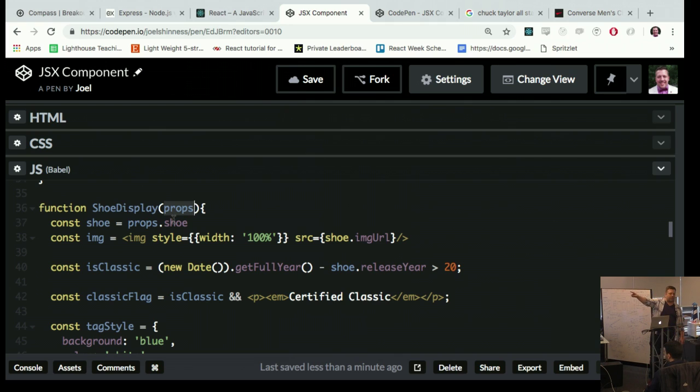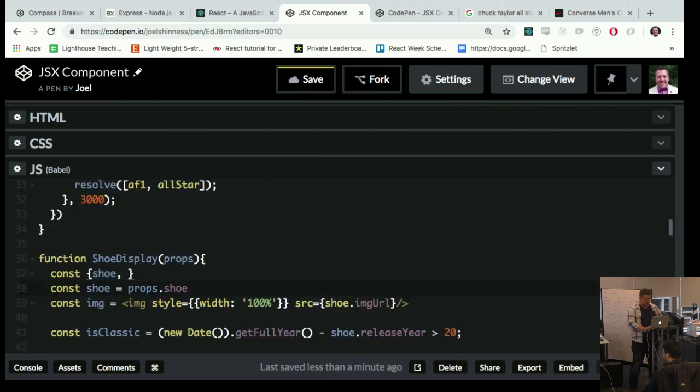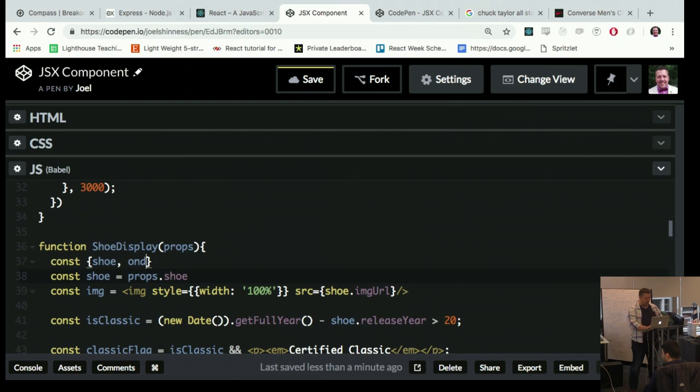Here's shoe display. Does this have any state? Does it have any this binding? Does it perform any DOM manipulation? Do we have any lifecycle methods? Do we have anything other than that it just brings in props and spits out JSX? No. You know what this thing does immediately. Now, what you don't know for certain from that first line is what props it has. So let me use destructuring. I'm going to say const shoe and on delete equals props,